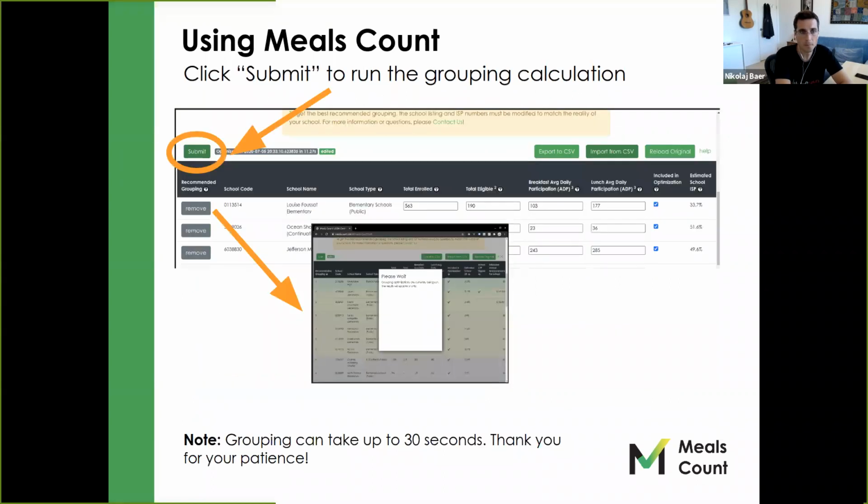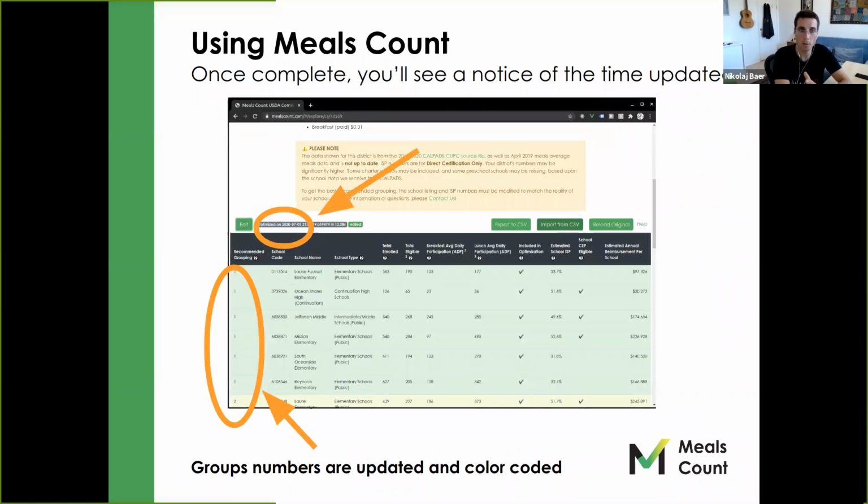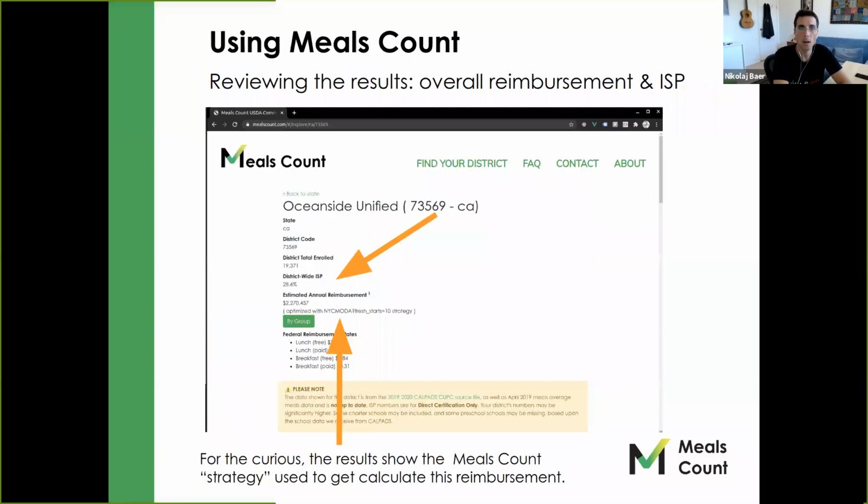And again, once you've made any changes, you can click submit. It's going to do a little pop-up, and that again is also wrong. It's not 30 seconds anymore. It's now up to 5 minutes. So apologies on that, but that will take quite a while. It'll show you a little timer, but just don't change the window, just leave it open, and it's running in the background. We'll get to that. Once you're complete, you'll see a little notice that it completed, and usually say how much time it took, and then you'll see the updated color codes and so on.